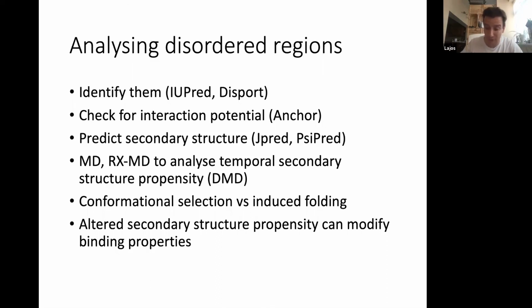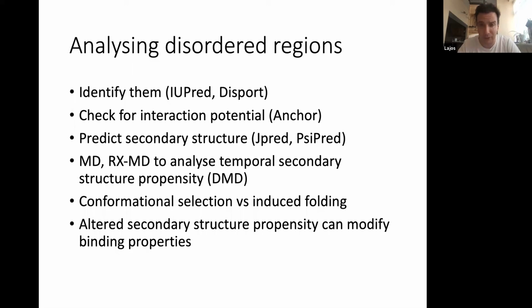So if you have an alpha helix tendency within a region, and this tendency is 60%, then only 60% of all your proteins are capable of interacting at one time with the partner, or there is a 60% probability that your disordered region will be in that form, which is capable of interacting